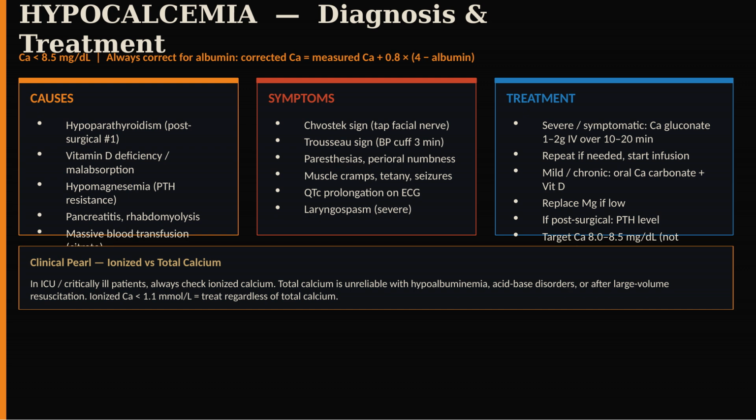Now the pearl that defines this whole section. In the critically ill, always check the ionized calcium. Total calcium is unreliable, with low albumin, acid-base shifts, or after big volume resuscitation. An ionized calcium under 1.1 means treat, regardless of what the total says. That single habit will save you from both missing real hypocalcemia and chasing a number that was never low to